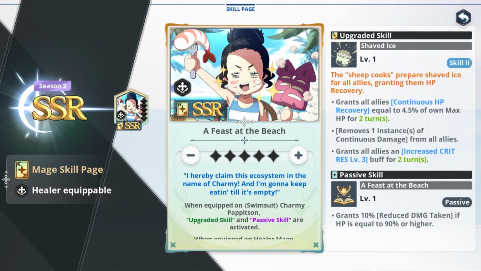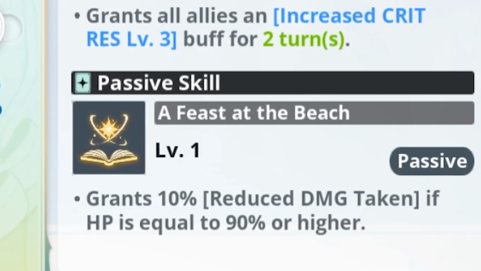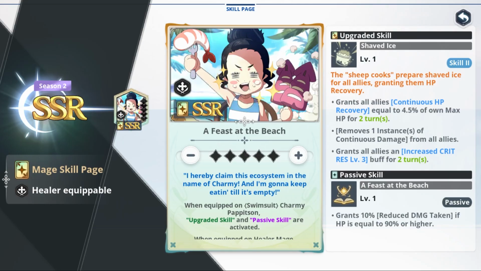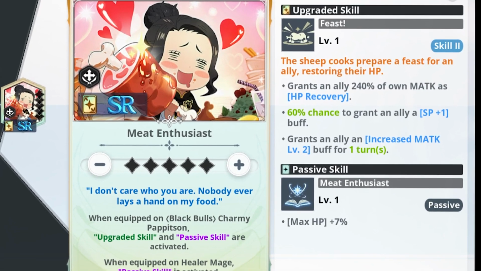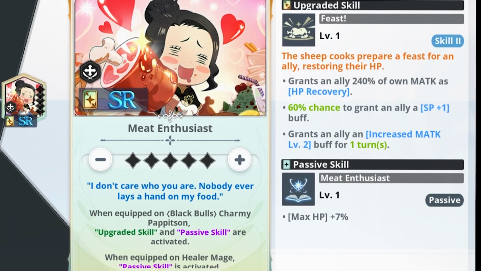And then the passive skill, A Feast at the Beach, is going to be relatively decent. It's okay, it's nothing too crazy, as it will grant a 10% reduced damage taken if your HP is equal to 90% or higher. And then I guess sort of a slightly worse version than the Adventurer's Journal is going to be Meat Enthusiast, as this is going to be just a flat 7% max HP increase